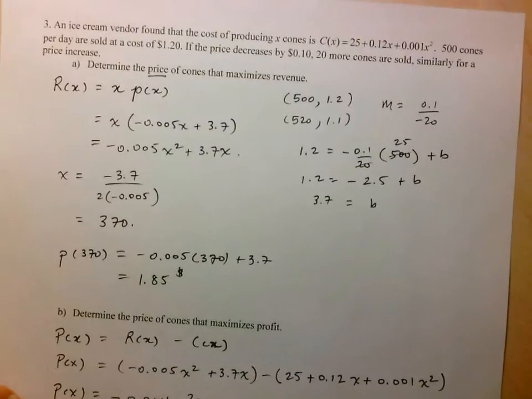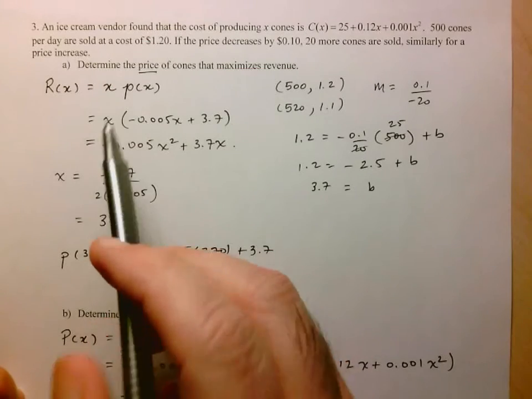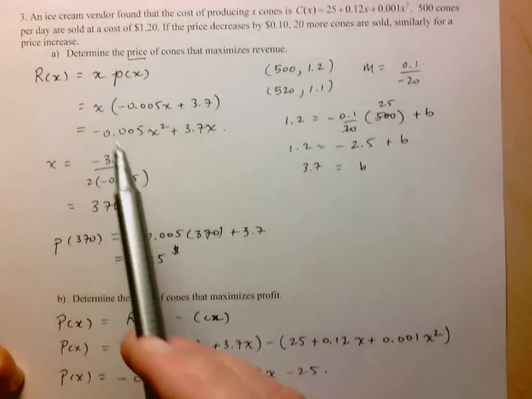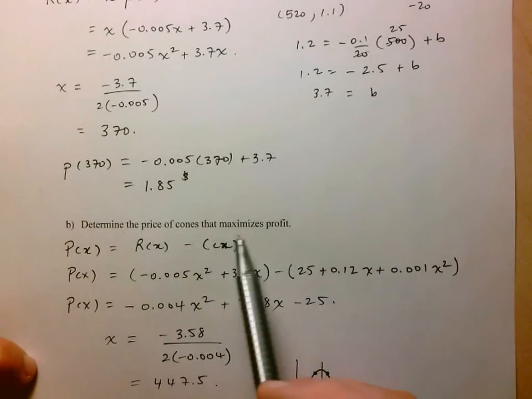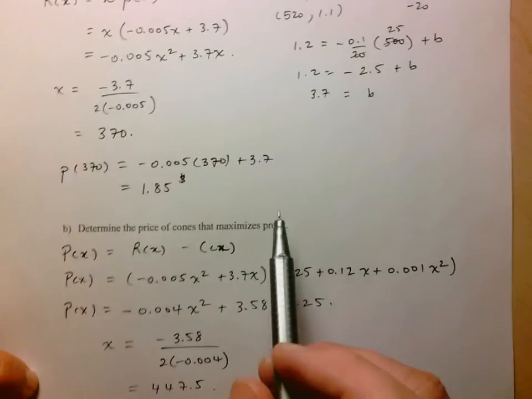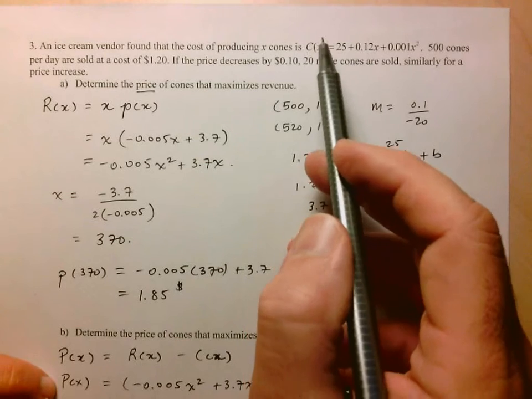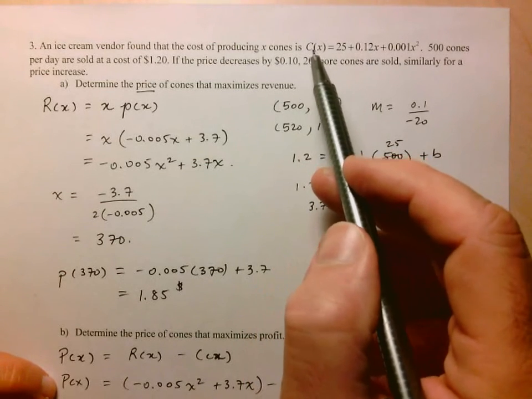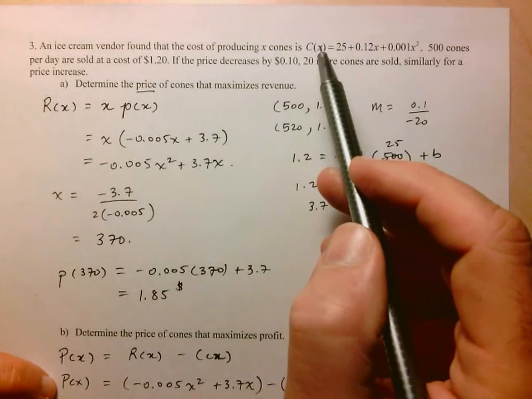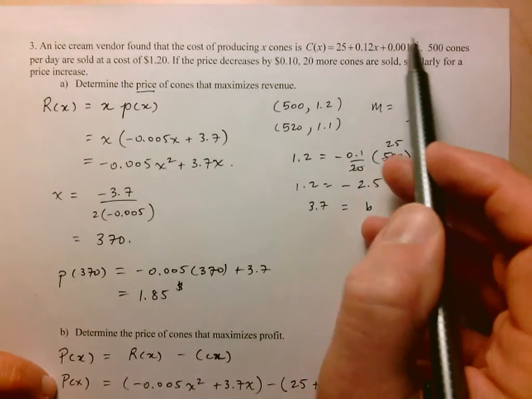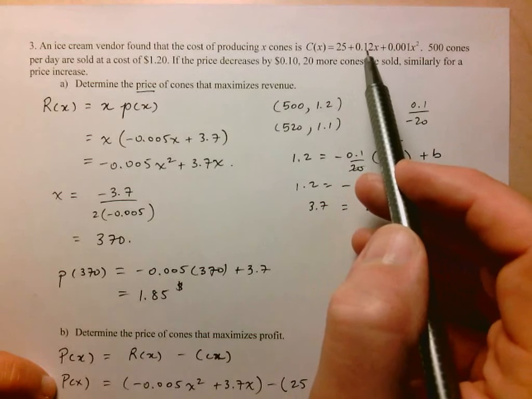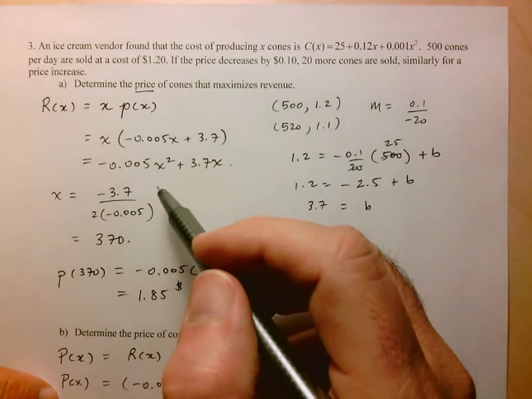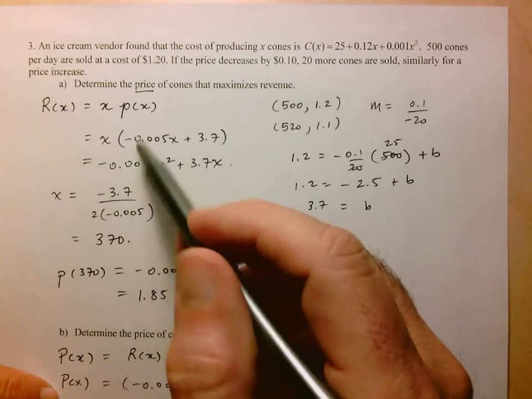Just to recap, you could have solved this whole problem using your variable as the number of increases or decreases. Where that would have come into play would have been with the cost function. You would have had to determine whatever expression determines the number of cones and input that into your cost function. That's what made this problem a little more difficult using the other method for solving. So I do want to encourage you to consider this other method for